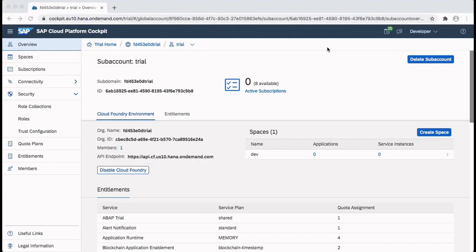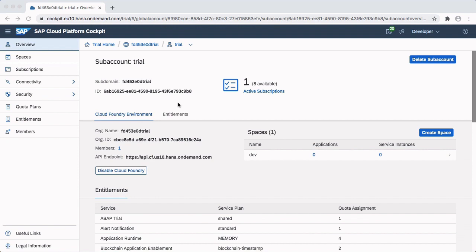This is my SAP Cloud Platform Cockpit. If you are new to SAP Cloud Platform or you don't have a trial account, then you can go to our channel and watch our previous videos on getting started with SAP Cloud Platform and Cockpit walkthrough. I will now go into subscriptions to launch SAP Business Application Studio.